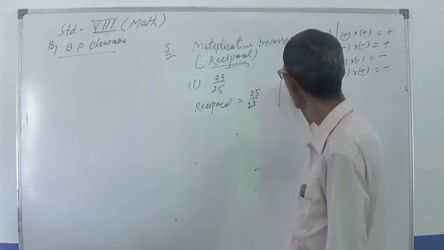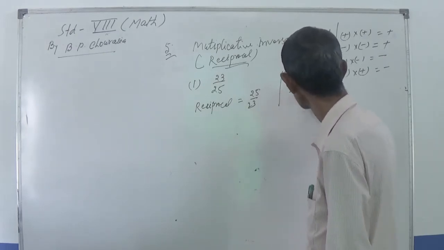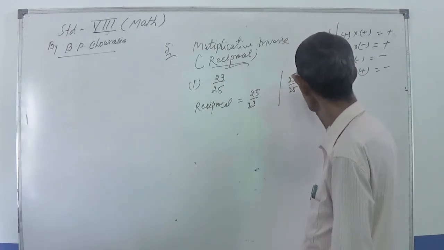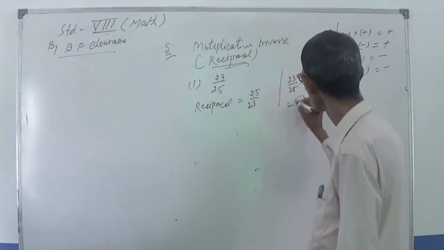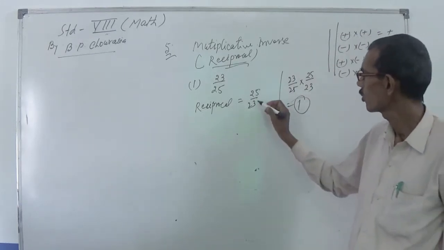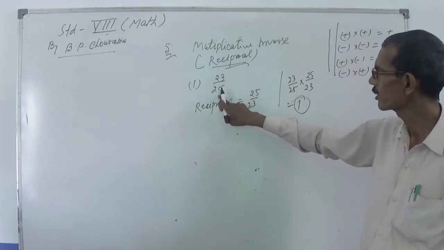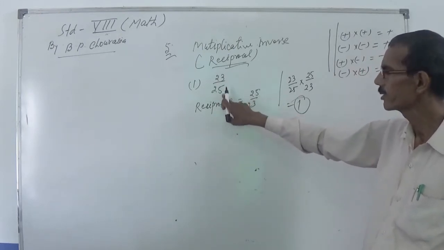Because 23 by 25 into 25 by 23 is equal to 1. This is the multiplicative identity. So 25 by 23 is the multiplicative inverse of 23 by 25, or reciprocal of 23 by